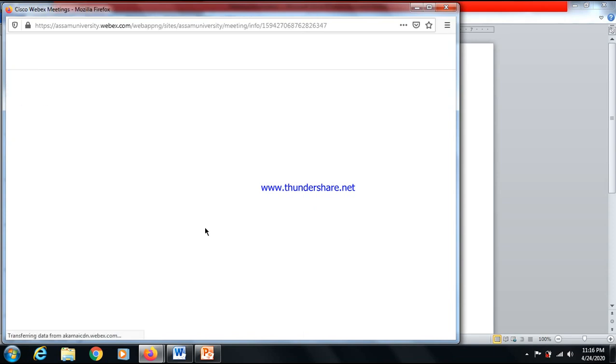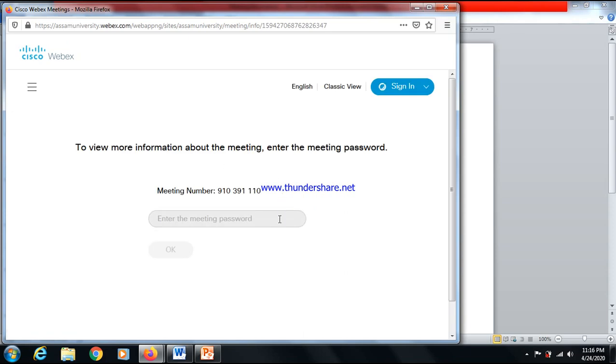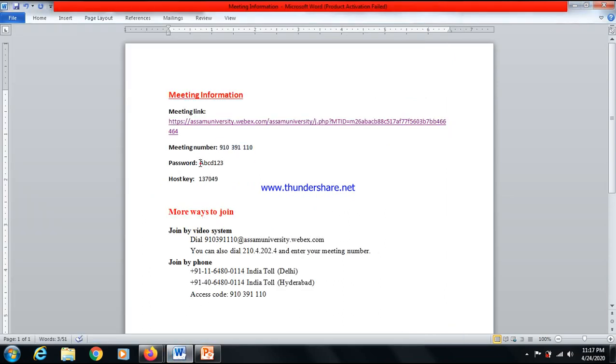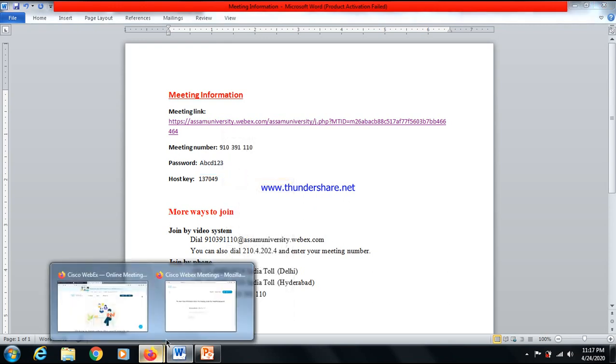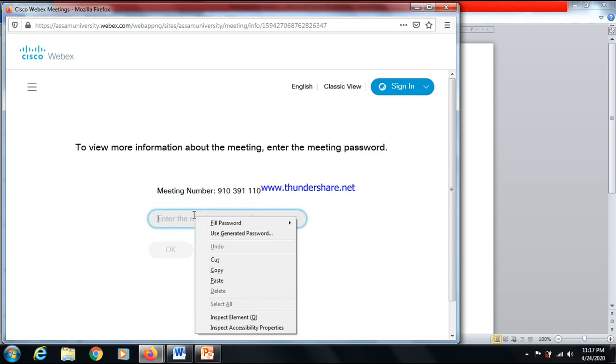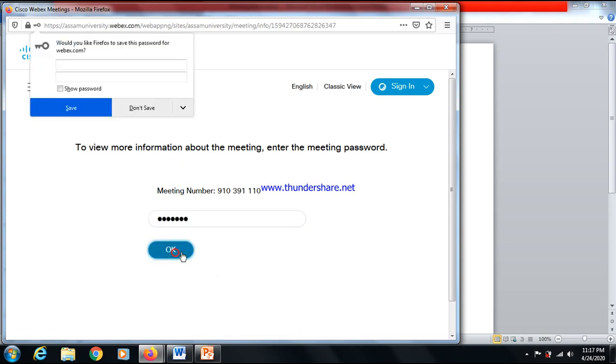Once I press enter, this web page will open and it requires the meeting password. So now I am copying this password, pasting it here and clicking OK.